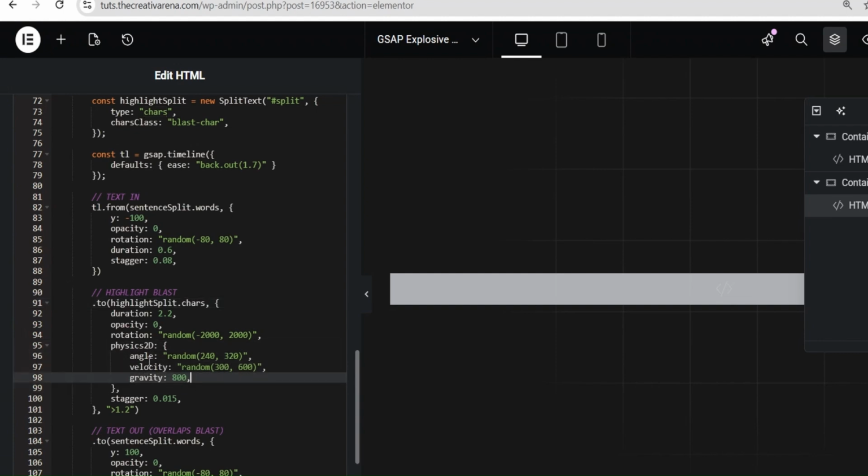Okay, so what happens here is that the angle is set to random 240 to 320. Now what it does is it shoots the character up at random angles between 240 to 320 degrees. Now the velocity is also set to random 300 to 600. What this does is that it gives a different random speed at different intervals for our character, and then the gravity will now be set to 800, which pulls the character back, creating that realistic